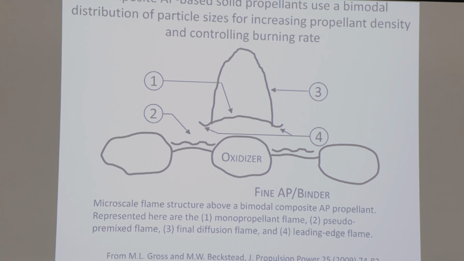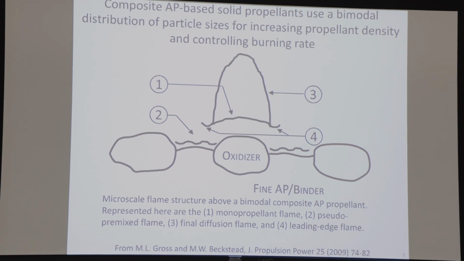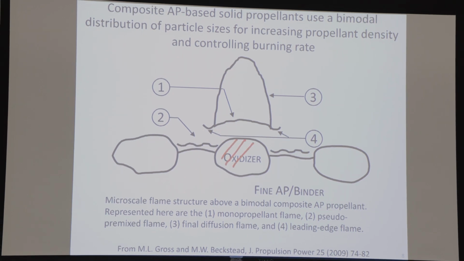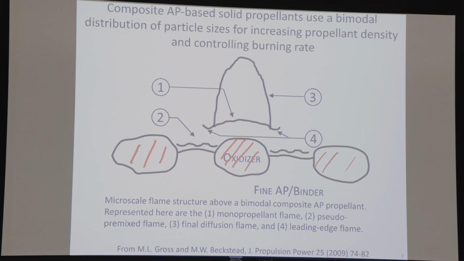Okay, here's sort of the current understanding of what the structure of an AP composite propellant might look like when it's burning. So here I'm looking at the coarse AP particles. And below the coarse, I have medium and fine. So I'm assuming you don't see them down here, but they're down here. And I'm not including any aluminum right now. Okay, so the AP by itself decomposes exothermically as a monopropellant. And so it creates a flame above the large crystals. Okay, so out of this flame, I've raised the temperature, and I'm forming a lot of molecular oxygen now. Okay, in this region over here,